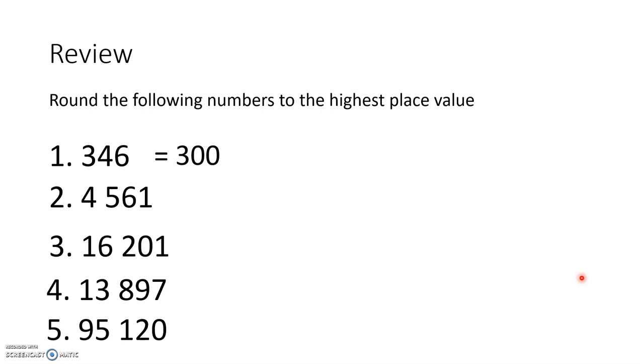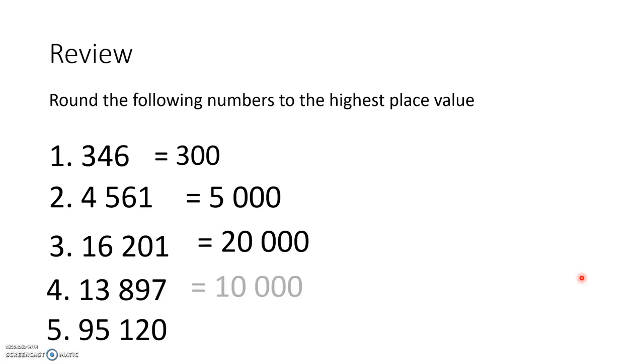For number 2, 4,561, the answer is 5,000. Number 3, 16,201, when rounded off, becomes 20,000. Number 4, 13,897, when rounded off, is 10,000. And lastly, for number 5, 95,120, kapag ni-round off natin, ay magiging